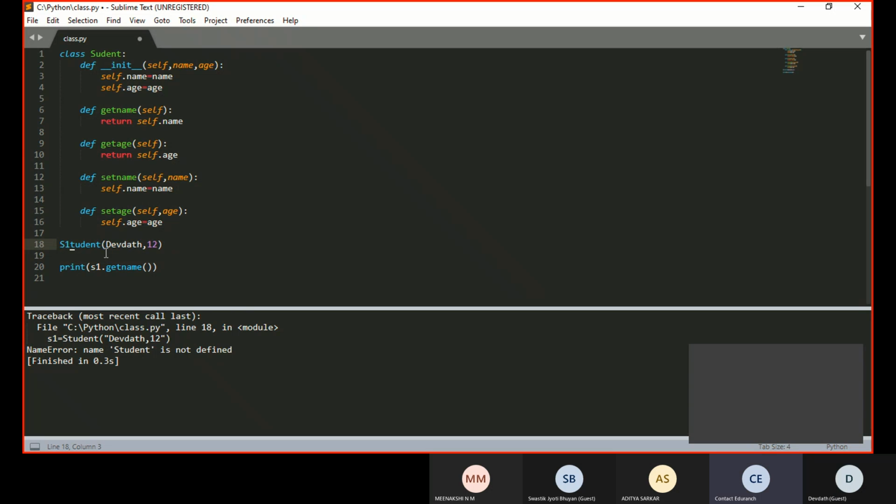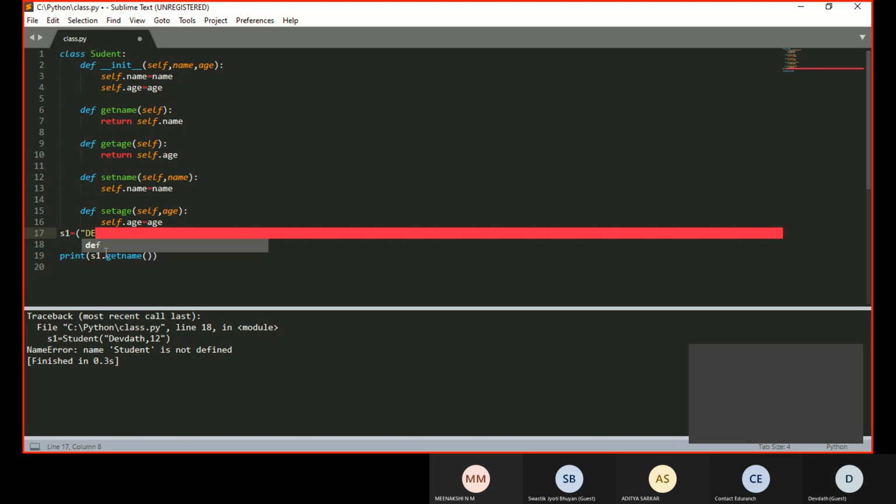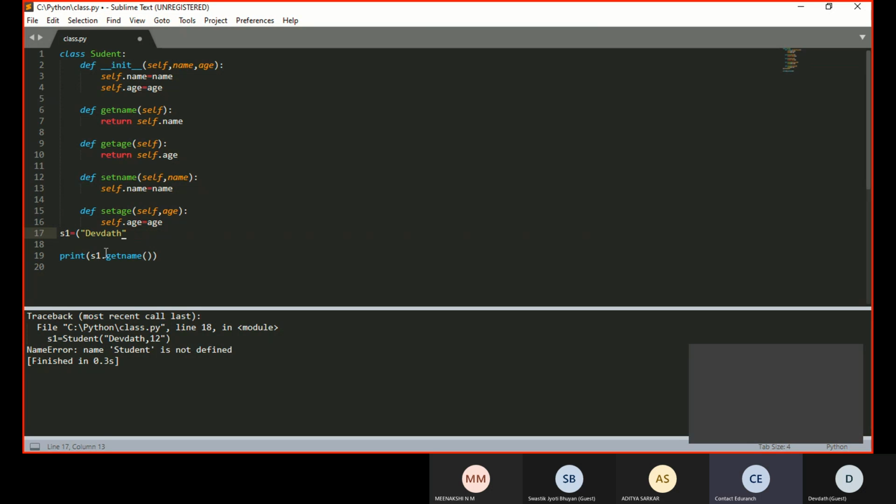No. All that was correct. Why are you changing that? Again, my space bar is deleting things. Okay. No, you have to create a student data type.